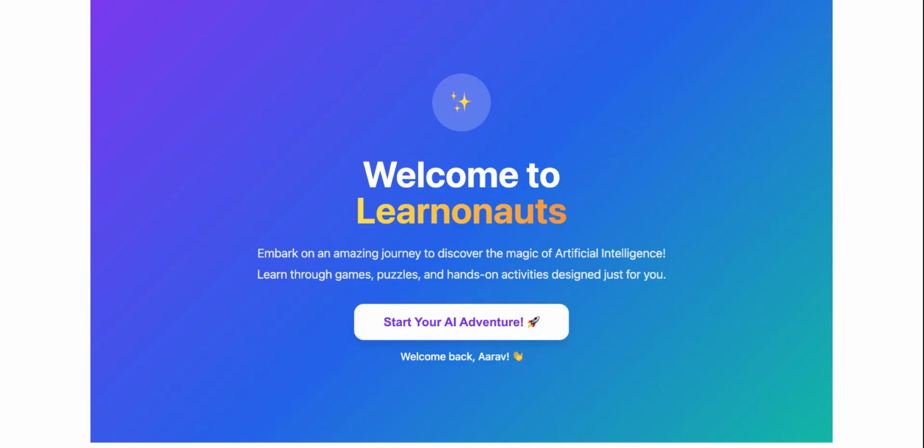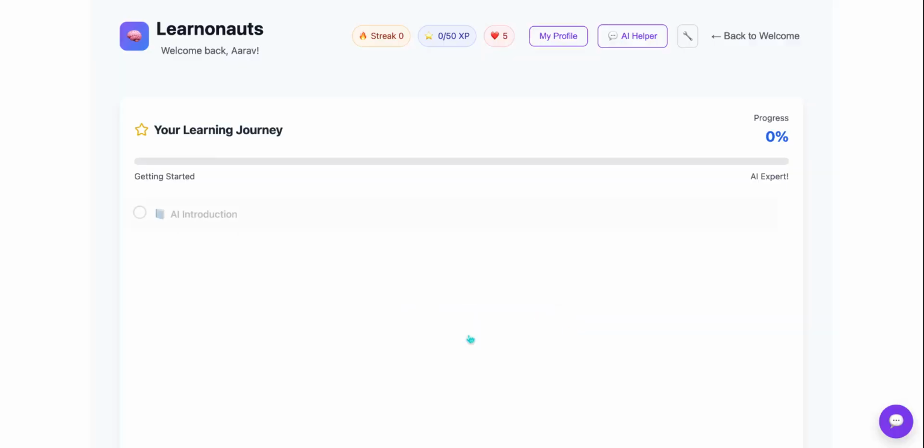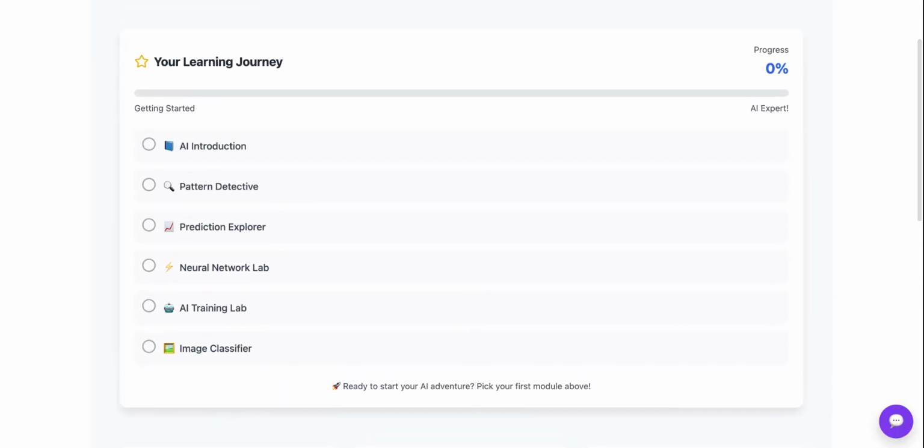As AI becomes part of every field, inclusive literacy for AI means future jobs, informed voters, and safer technology for all. To begin my demo, I'm going to open the app, and the first thing we see is a page